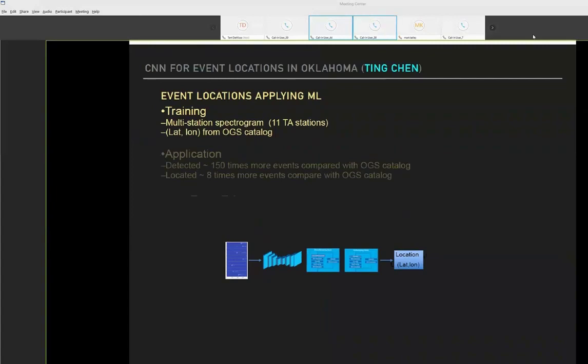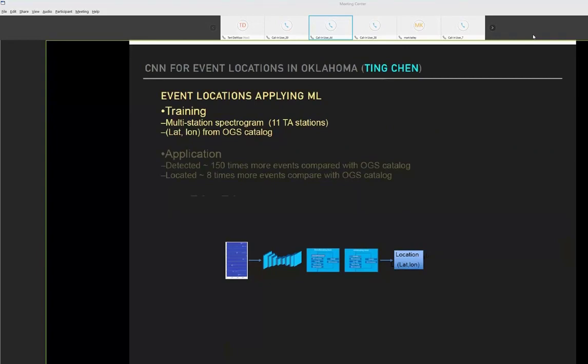And this is based on work that came out of Caltech from Zach Ross's team a couple of years ago, where they did the same thing, developing a neural network for Southern California to create a new, more robust catalog, and also to be able to locate those events. The advantage is that, once you've trained a model, you can identify many, many more events, but also you can locate them automatically once you've trained a second model for location.